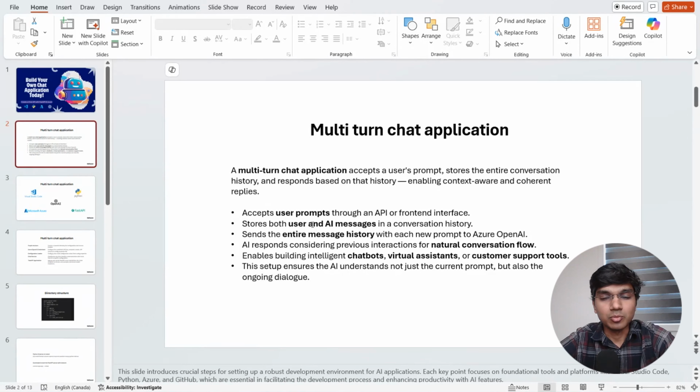What we do is we get the user prompt through an API, and we store the user as well as the AI messages in a conversation history, and then we send the entire conversation history again through a prompt, and then we get a response back. So each time you send the request, you send all the conversation history you had through the prompt, and then the AI will have the whole context, and it will respond based on what you were discussing